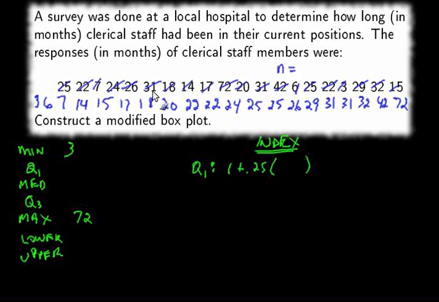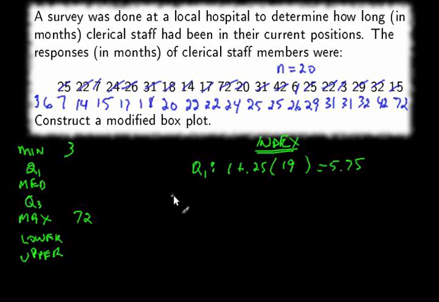So we just count: 1, 2, 3, up to 20. So n is 20, which means in the formula for the index, we need to use n minus 1, or 19. 1/4 of 19 is 4.75 plus 1,